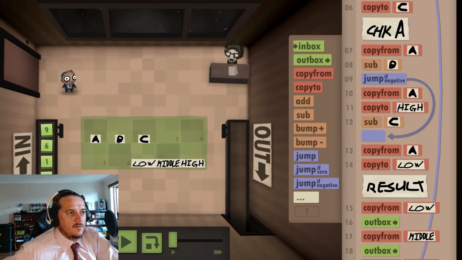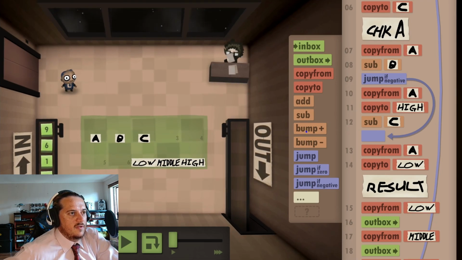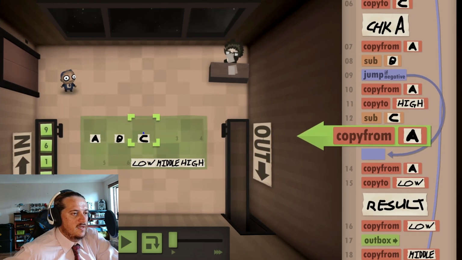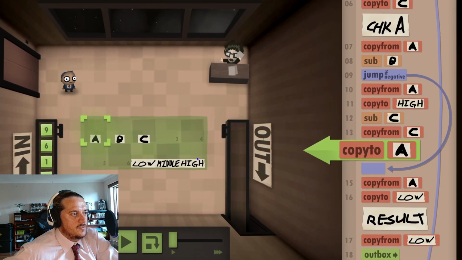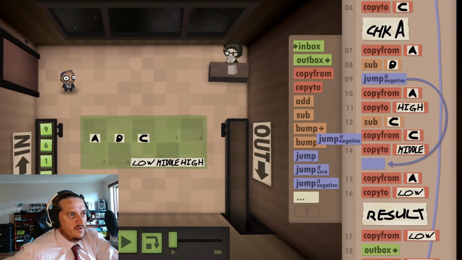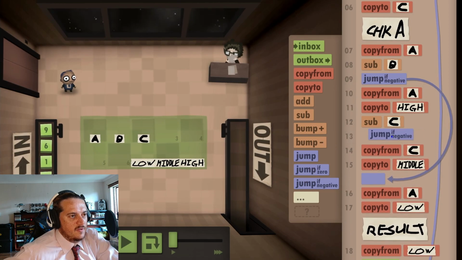Yes. So if positive, then copy from C and go to middle. If negative,